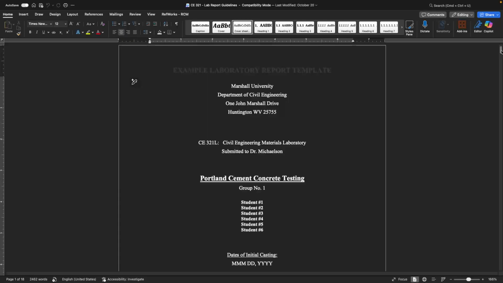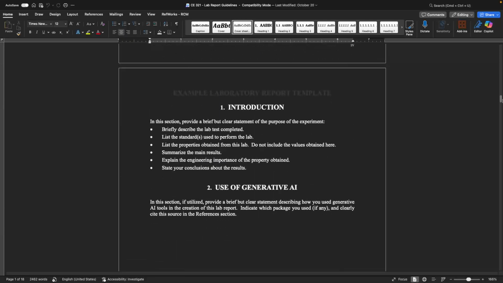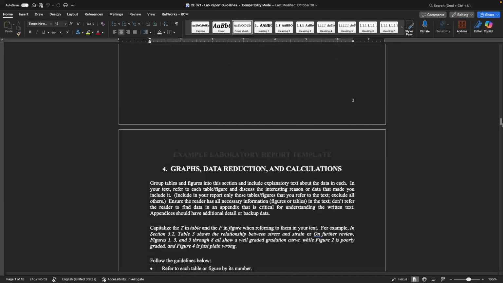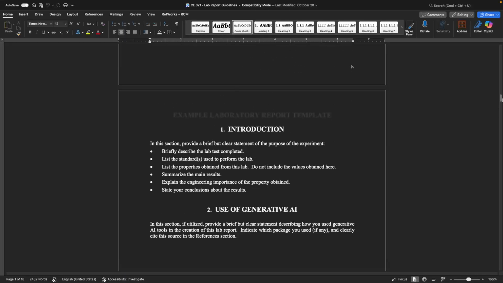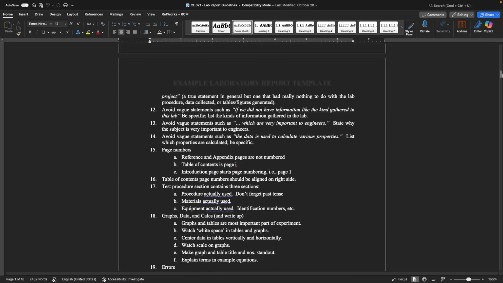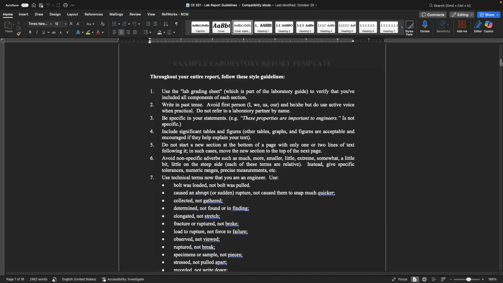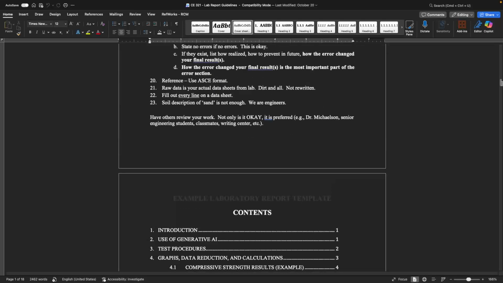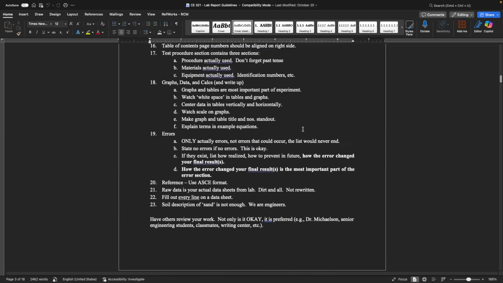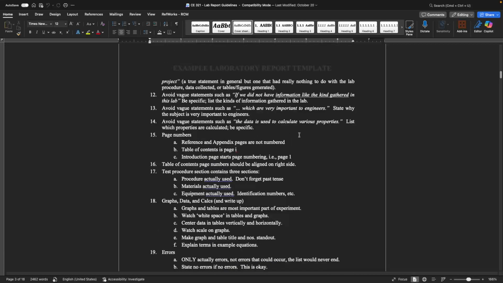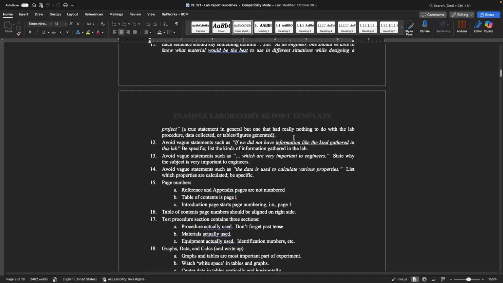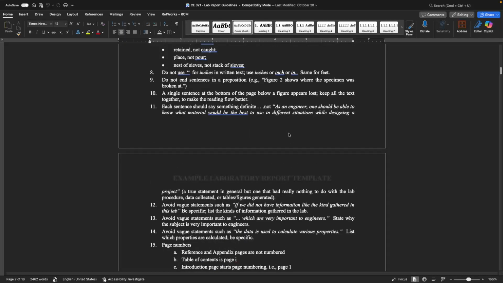And so most of this is just how to format your sections, how to format the graphs and data reduction and whatnot. But I'll highlight two things that I think are noteworthy in this. So the first thing I'll identify is this list of 23 items. This is sort of guidance for you in terms of how to word things, how to state things in your